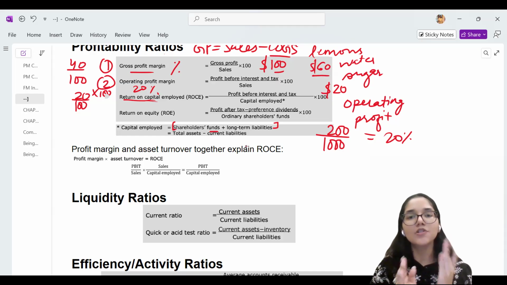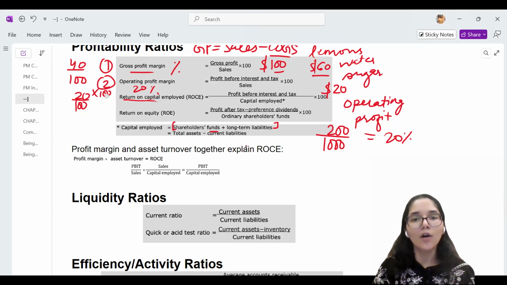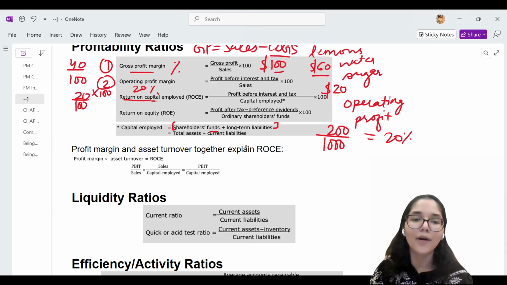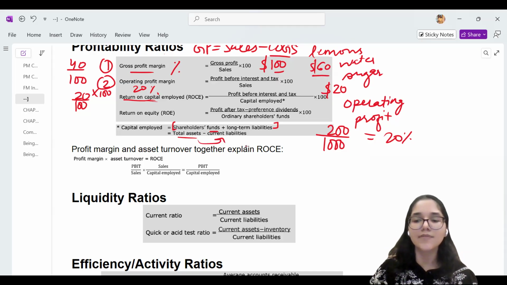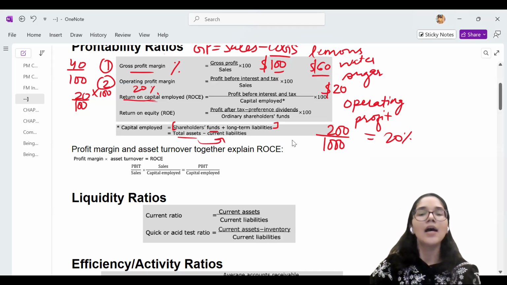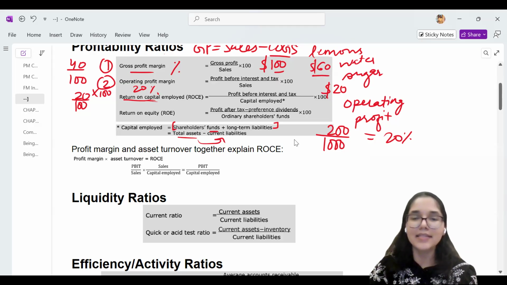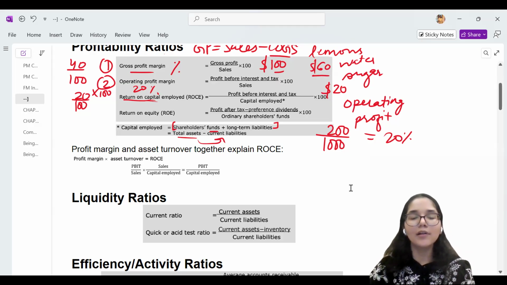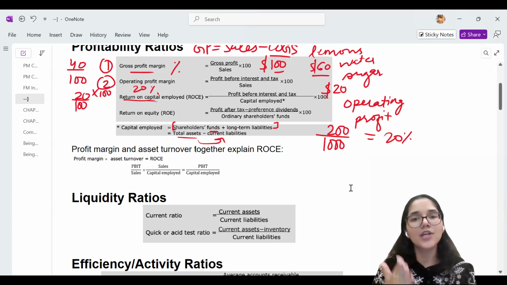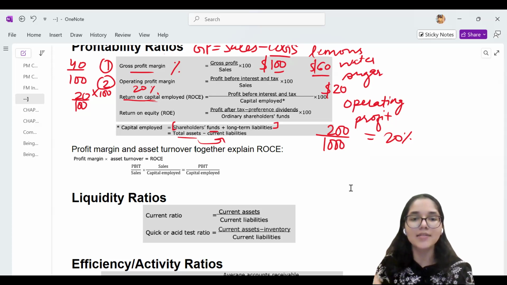That is why you take the shareholders' funds, which is primarily your equity, and you add your long-term liabilities to it. Another way to calculate the capital employed is to take the total of your assets. From that total, subtract your current liabilities. So this will also let you find out how much money remains invested in the business throughout the year. So these are the two ways to calculate capital employed. Depending upon whichever information is given to you in the question, you can find the capital employed using either of the formulae.